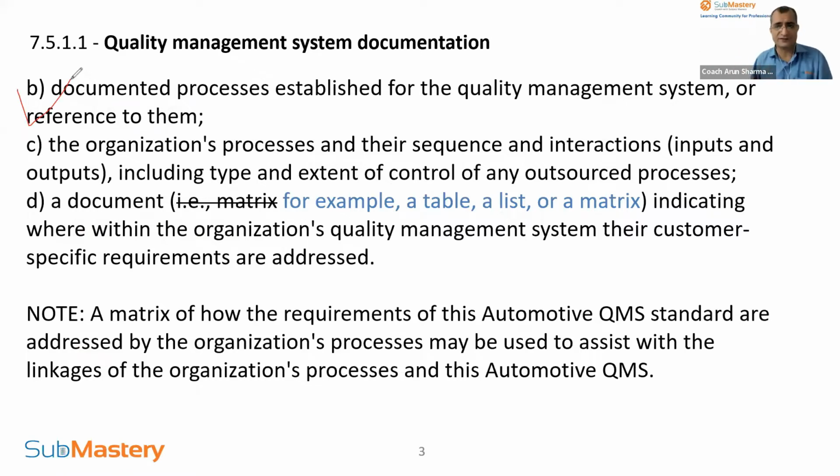You can give a reference that these are the list of SOPs, which can be a part of your quality manual. The organization processes and their sequence, interaction, input, output, including type and external control of any outsourced process. So what does it mean? To identify what operations are happening in your organization,